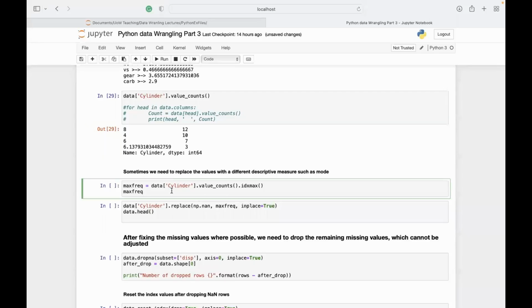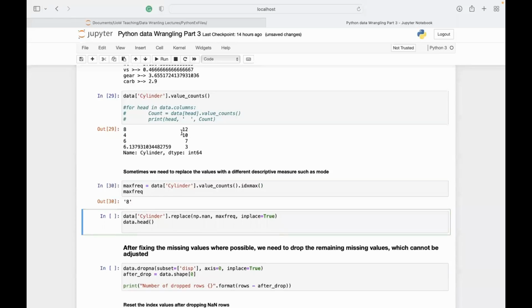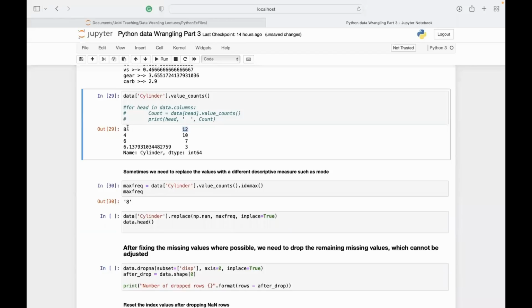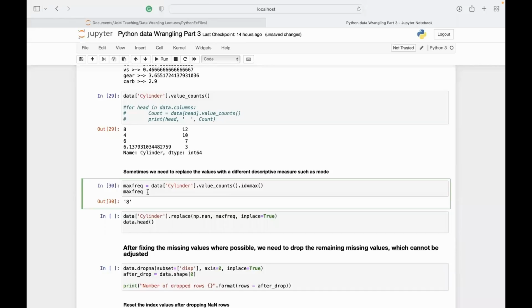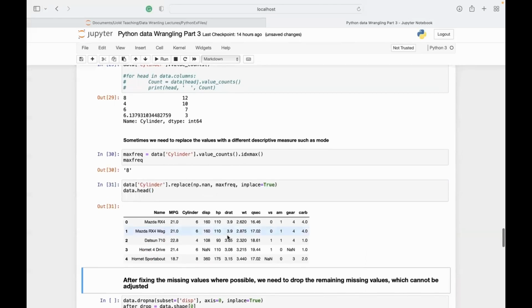So, the maximum frequency of the data cylinder value counts, the maximum frequency is 8. As you can see, yes, 12 cars with 8-cylinder engines. So when we take the mode of it, you can see that there are 8-cylinder vehicles. So that's the maximum. So what I'm going to do is replace the np.nan, the null values,